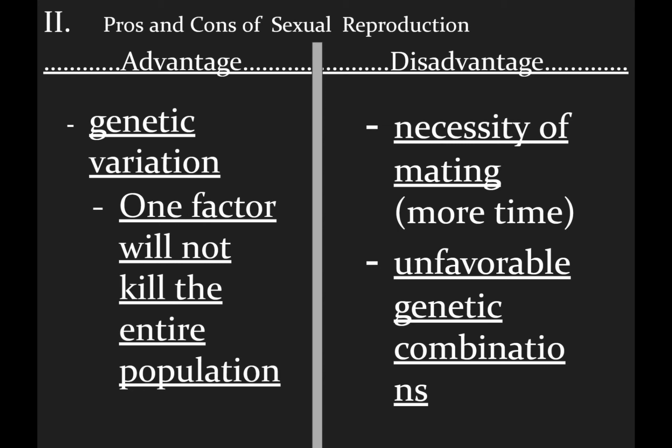And another issue is unfavorable genetic combinations. So thinking about what trait do you have from your parents that you didn't like, right? It could be your height. It could be maybe your nose. Maybe for me, I do not like the size of my feet. So those are unfavorable genetic combinations. So you might not get the DNA that you want from that parent. And even more serious note, that could also be from diseases that come from a parent, right? So there's always that risk with sexual reproduction.